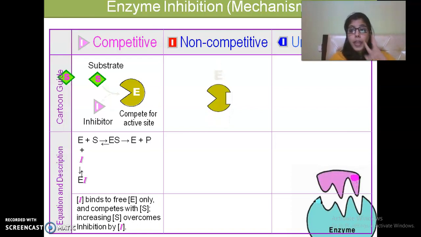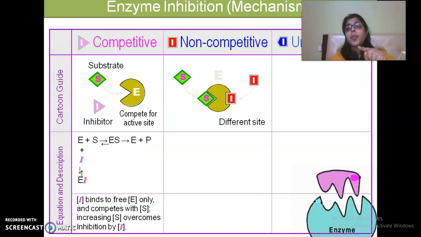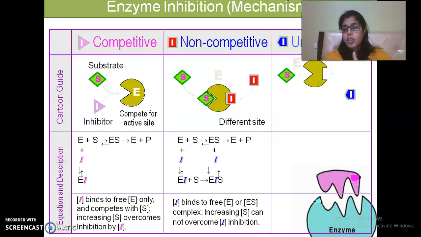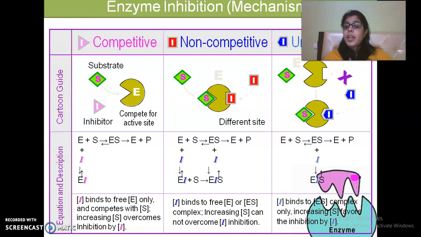So this is at one glance what all three inhibitions, which are part of reversible inhibition, say. Non-competitive inhibition had two places of binding, an active site and an allosteric site. Substrate was binding to the active site and inhibitor was binding to an allosteric site. It was binding to both enzyme as well as enzyme and substrate. So I have two things formed, enzyme inhibitor and enzyme inhibitor substrate, and that is what is written. And for uncompetitive, even if an enzyme had an active site and allosteric site, my inhibitor was attacking not the free enzyme but only the enzyme substrate complex. And this inhibitor was attaching to either the allosteric site or active site to give me the ESI complex.